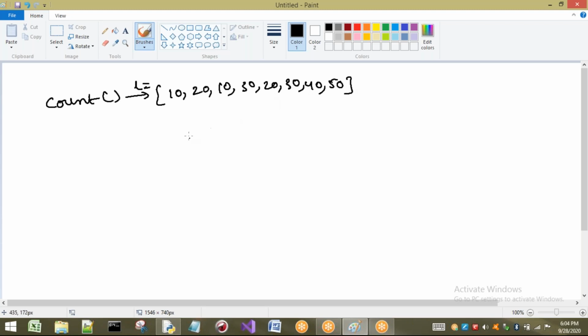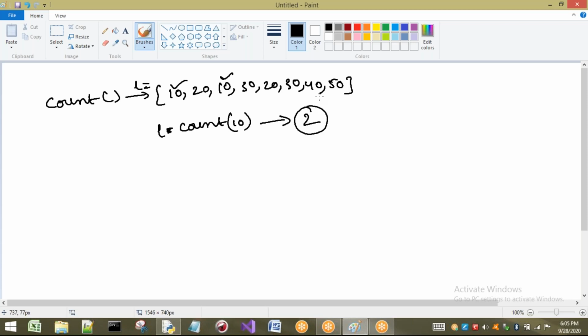So I have to use a method called count: L dot count of 10. I want to count the number of times 10 occurs in my list. How many times does it occur here? 1, 2. The answer will be an int type, it is going to return an integer only. So the number of times is 2.